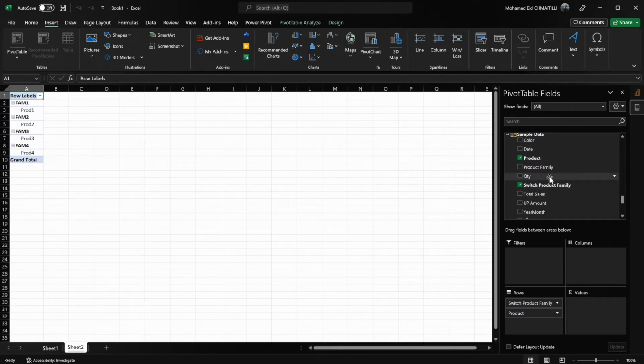The ones that you saw me using in so many different examples, like for example, the small multiples, which I'm going to leave a link to so that you can see it as well. Now, if I add the quantity, I will have the quantity for this pivot table. At the same time, I can have the total sales amount.